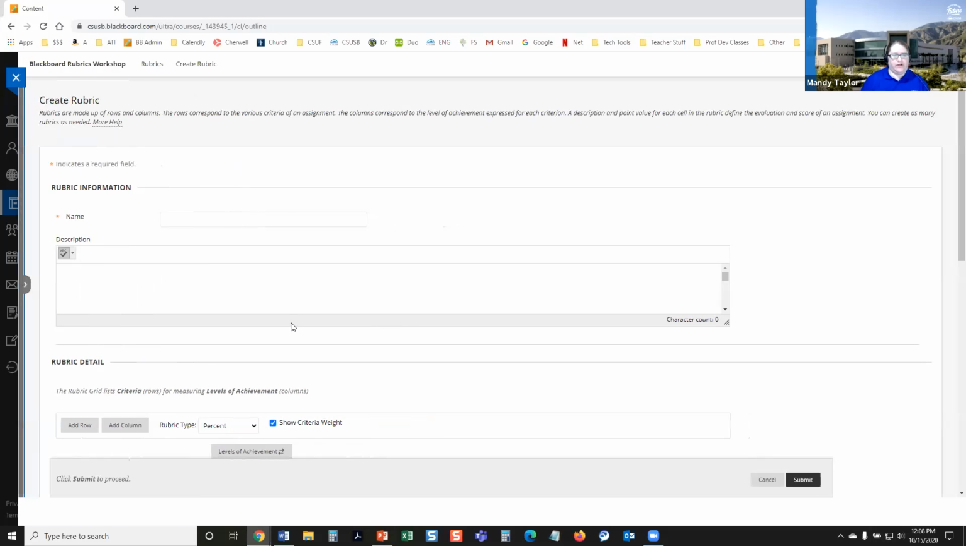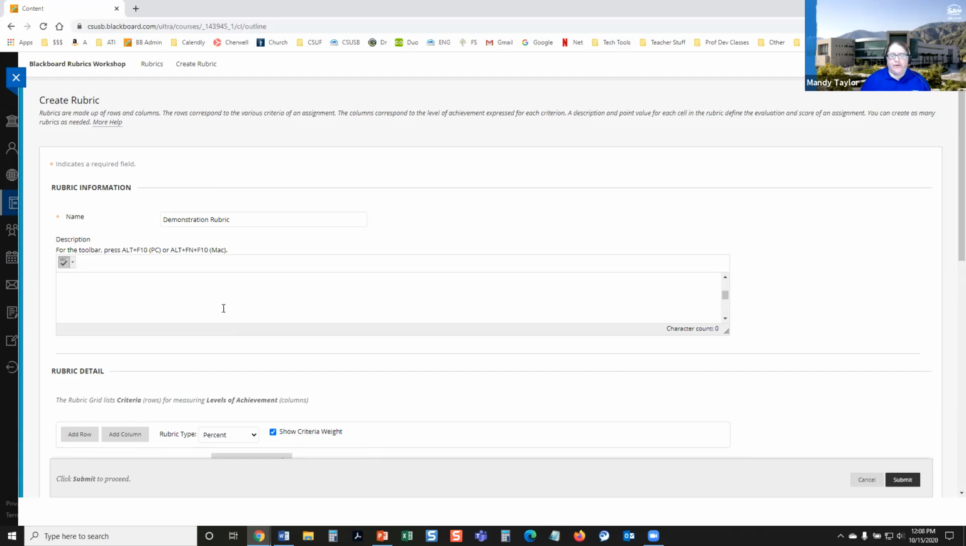Let me maximize my screen a little bit. Every rubric needs a name. That's required. So we'll call this demonstration rubric. For best practice, I would recommend that you also give a description of the rubric. Just helps you keep things straight in your list of rubrics so you know what it's for. Also, students can have a better idea of what the rubric is actually for as well. I will show you a more fleshed out rubric after we go through the demonstration. Okay. So rubric name, rubric description,